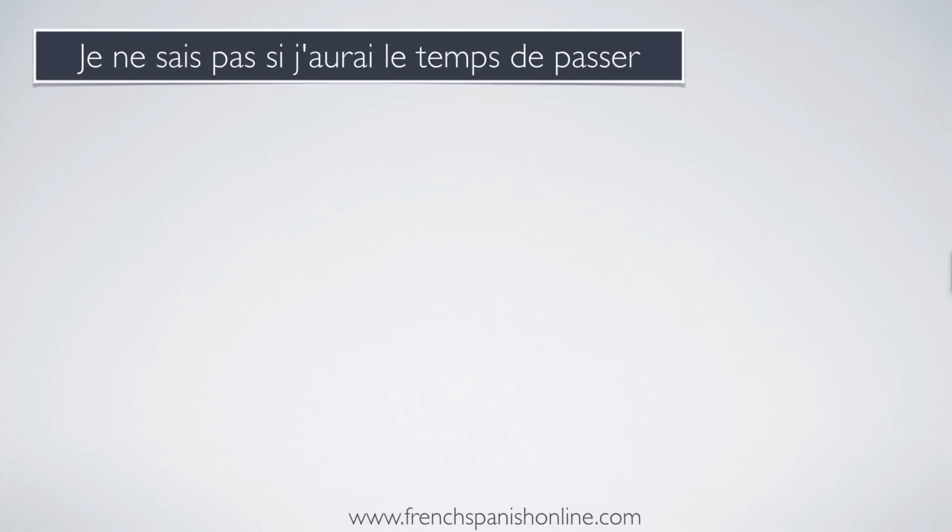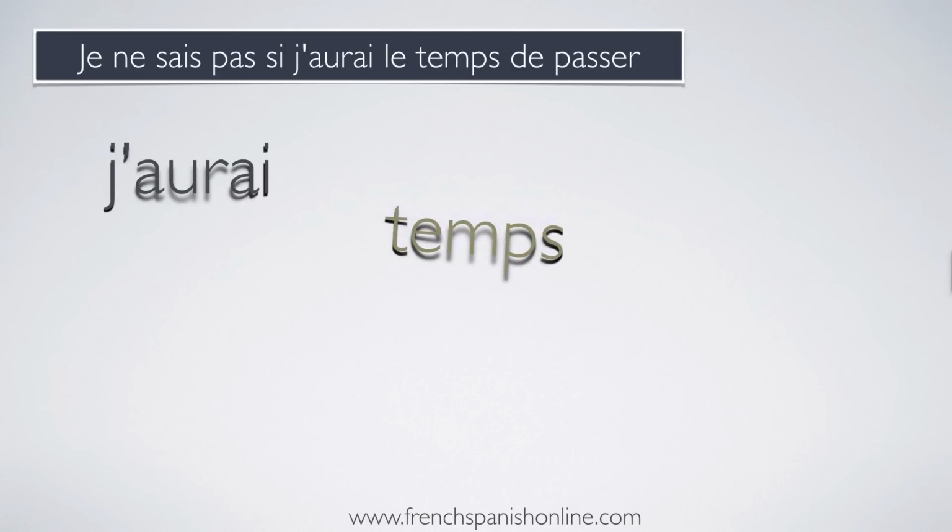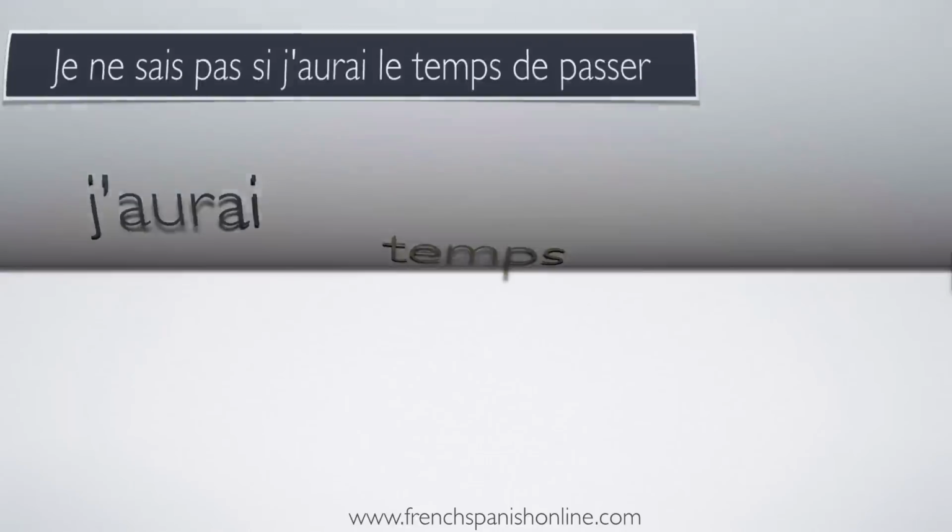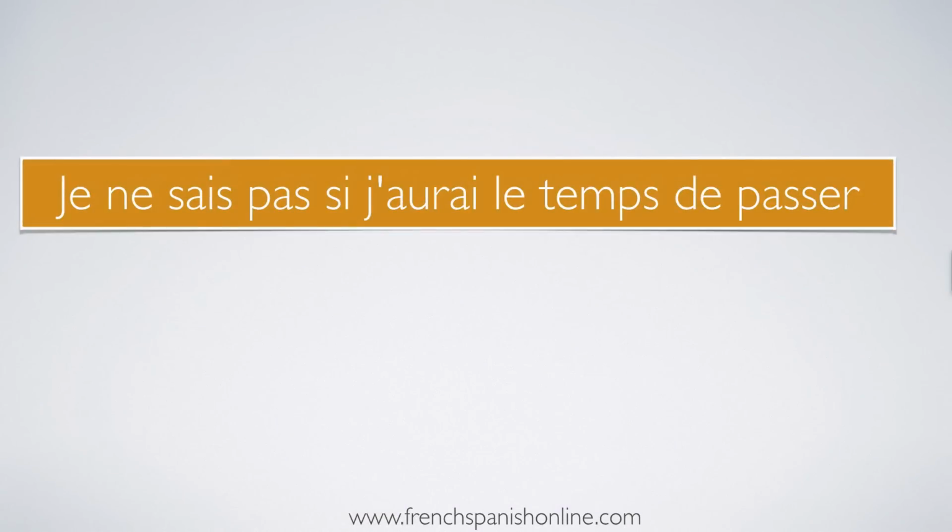The second sentence is je ne sais pas si j'aurai le temps de passer. J'aurai is the future tense, irregular form of the verb avoir. Temps, we don't pronounce neither the P, nor the letter S. Temps, time. And here is what we are going to see in this lesson, that most of the time when